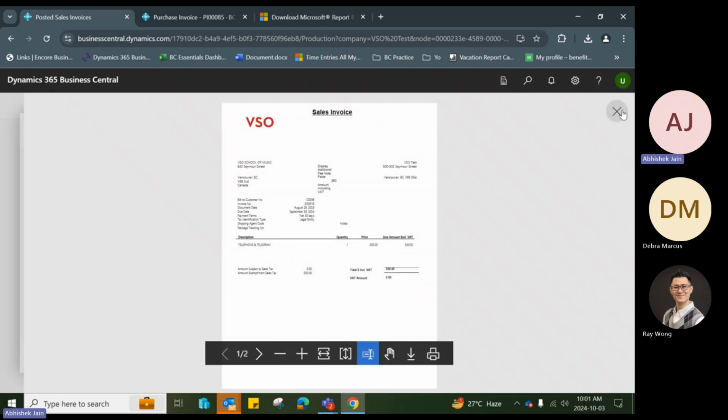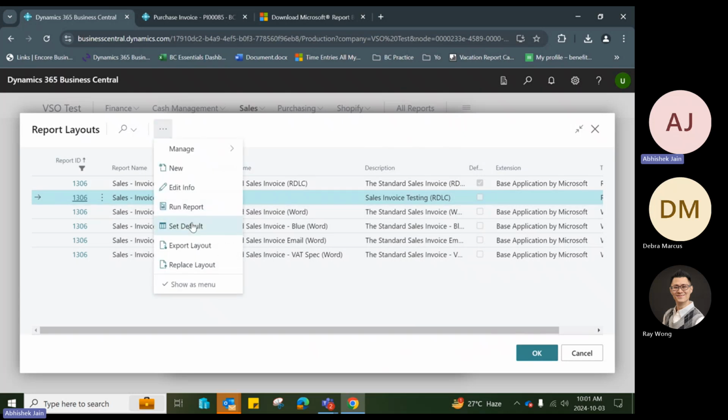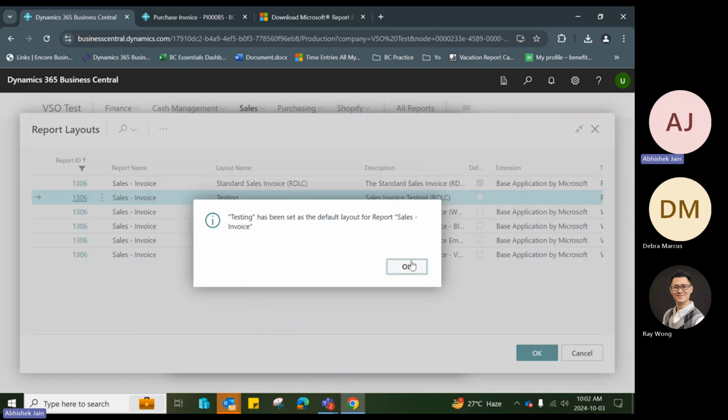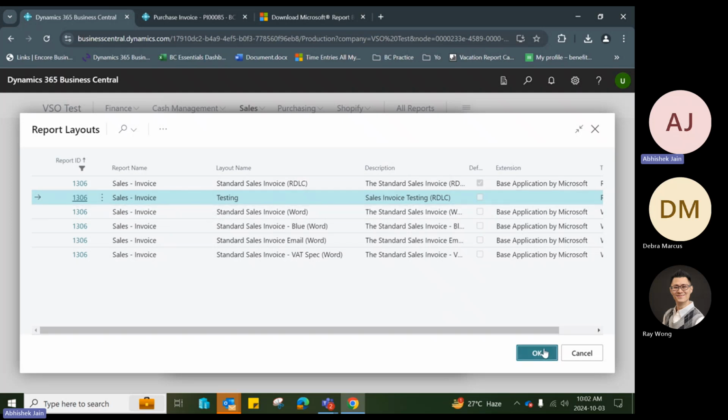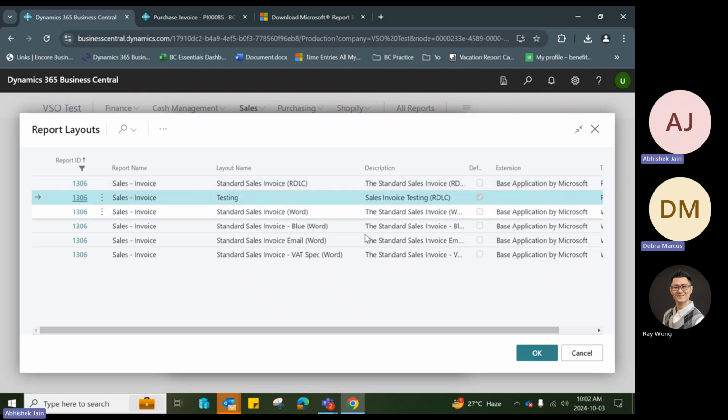If this looks good, I have to make sure this is set up as default. Click on the three dots, click on set default. And now this is set as default over here, right? So press OK, click on the three dots again. I can see this as default. I can also do one other thing,